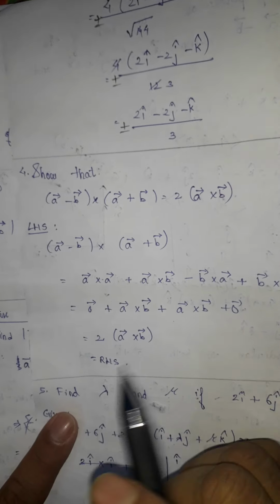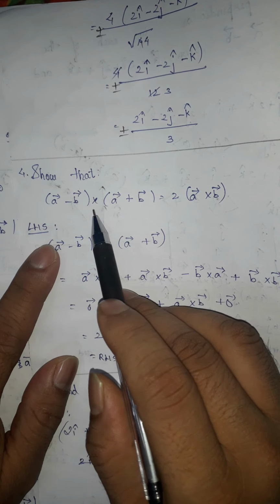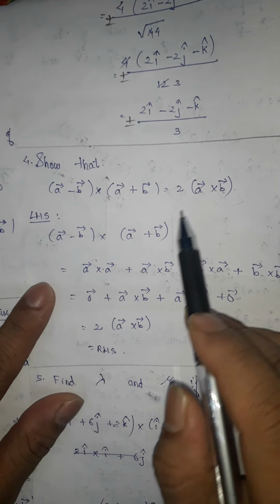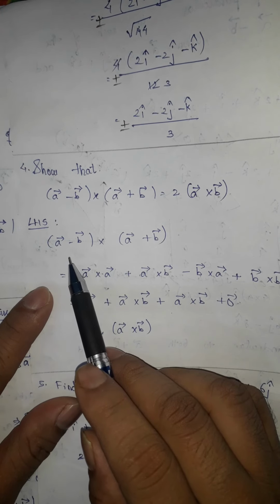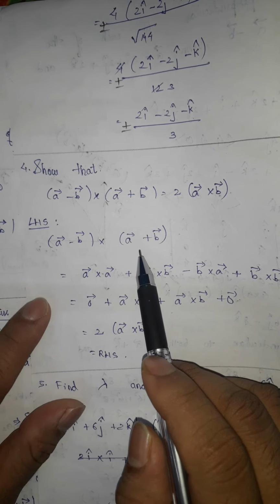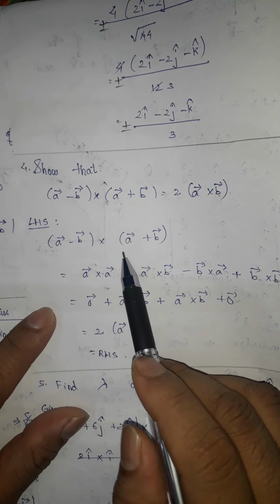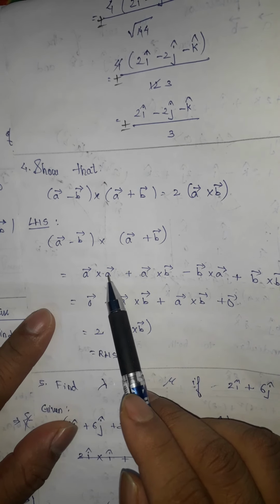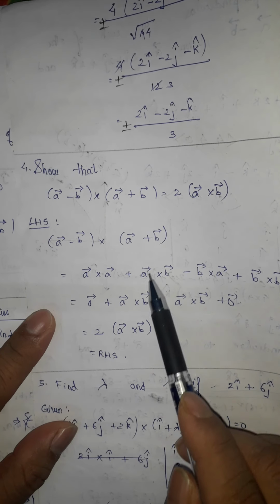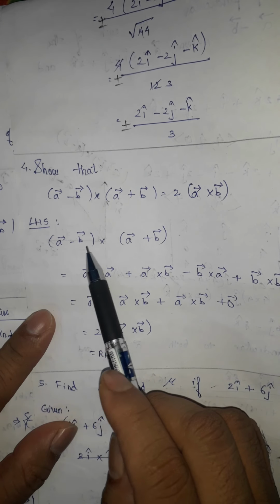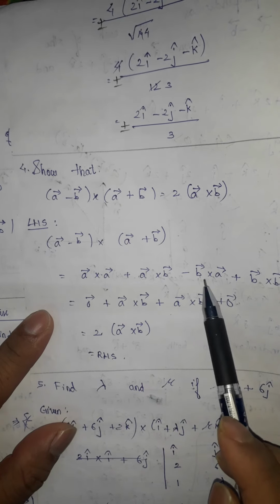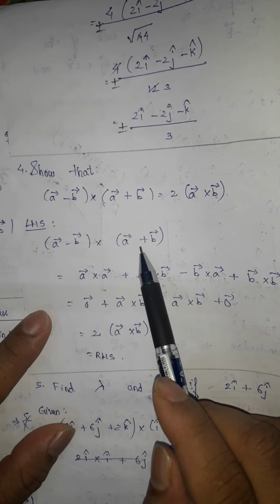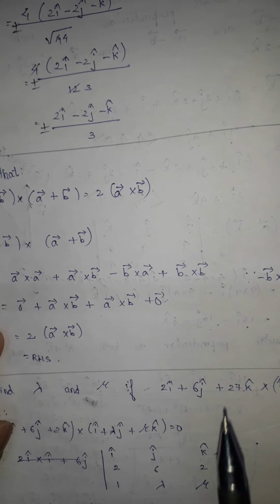Question number 4. Prove that a minus b cross a plus b is equal to 2 into a cross b. So the left hand side: a minus b cross a plus b. You just multiply these two vectors like ordinary multiplication. a into a is a cross a, plus a cross b. Next multiply by minus b into a, minus b into a, this sign will be negative,